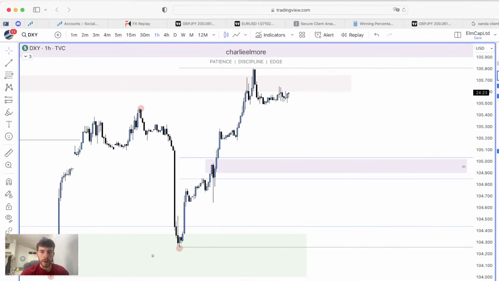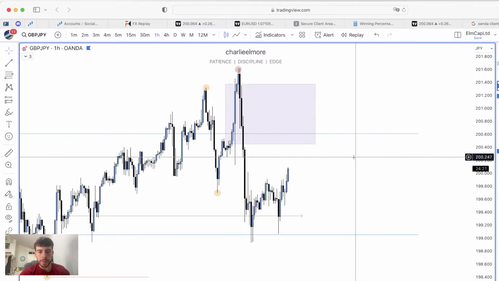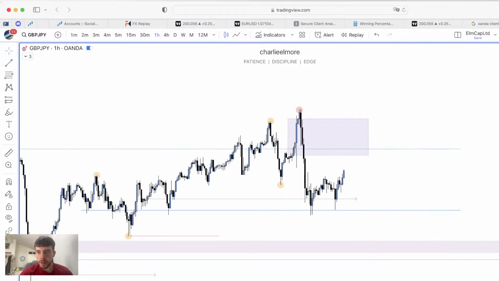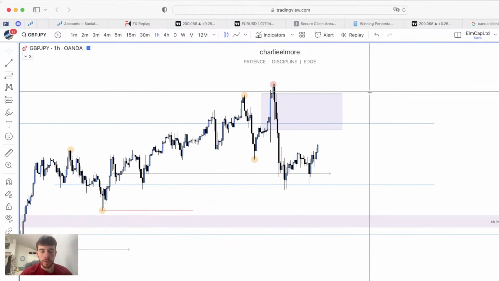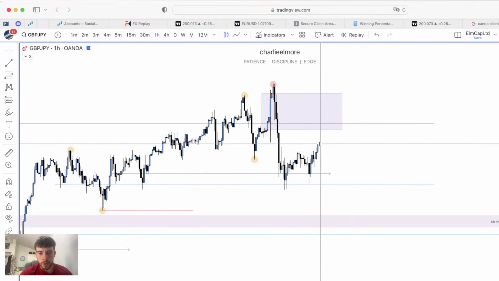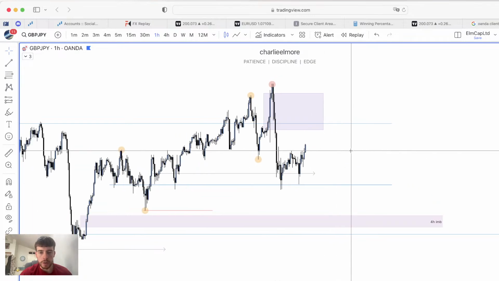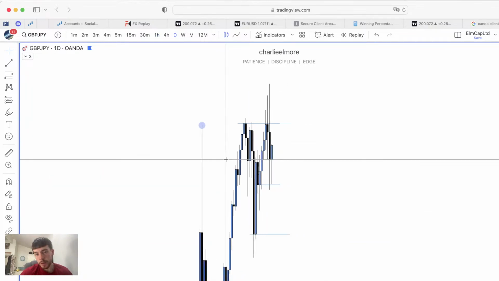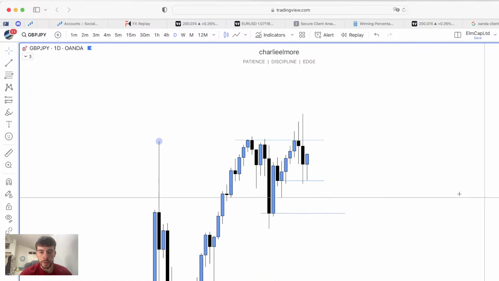So let's move on to the pound yen. So the pound yen, this was a setup that we marked up together. On Friday, you remember on the live session that we took a buy position live together. That got taken out at break even, unfortunately, but price is still moving in that direction. So the bias hasn't changed. It's just that the entry was stopped at break even.